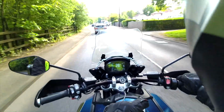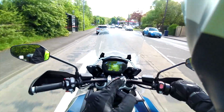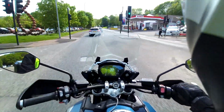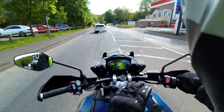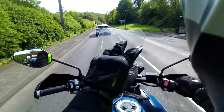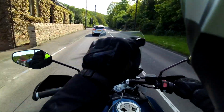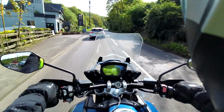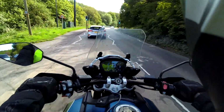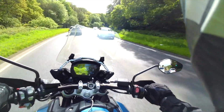But this feels as if it's tipping in easier than the Mitas. But saying that, certainly the front tyre on the Mitas that's just been taken off was reasonably worn, and it was wearing erratically as well. Opposite tread blocks were wearing quicker than the larger ones, so you had two high spots and two low spots on the front. That was okay, but